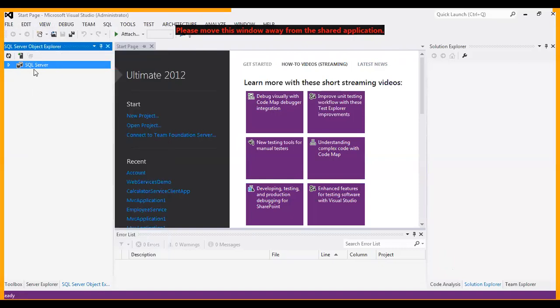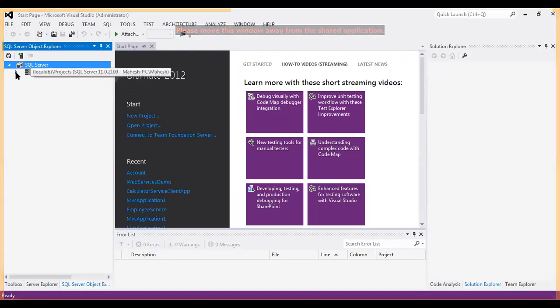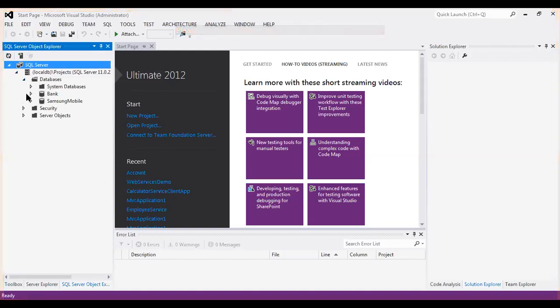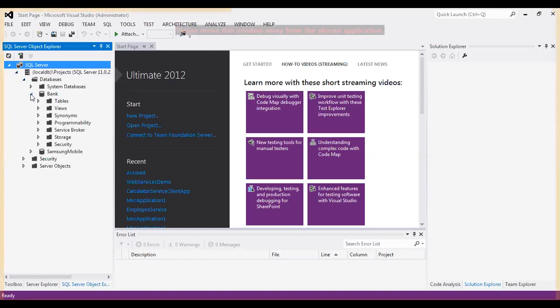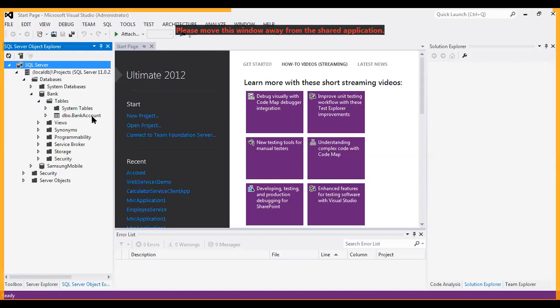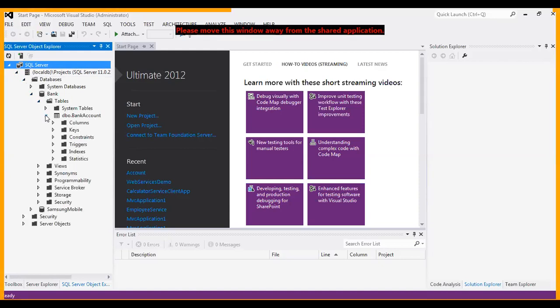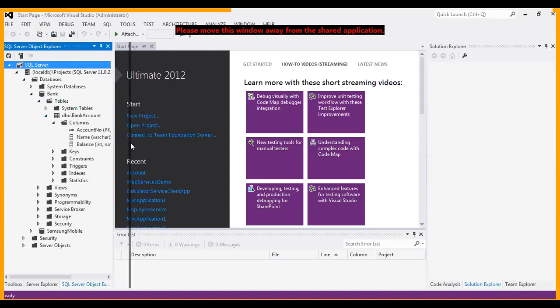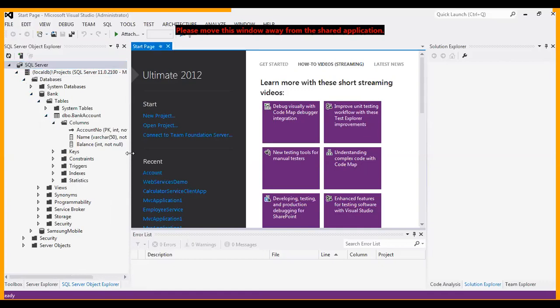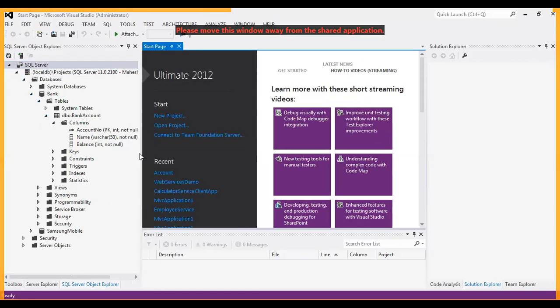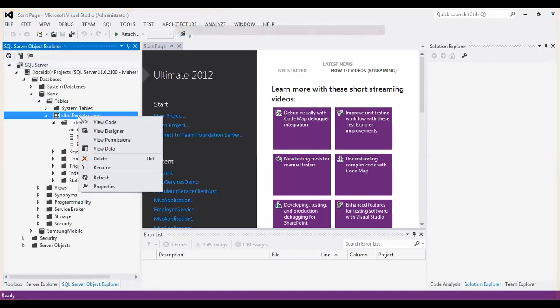So SQL Server Object Explorer is open. In SQL Server, under local DB, then databases, I have created the bank database, and in the bank database the table name is bank account. For testing purposes, these are the columns: account number, the primary key, name, and the balance. So it is a simple table structure, and let us see the records.